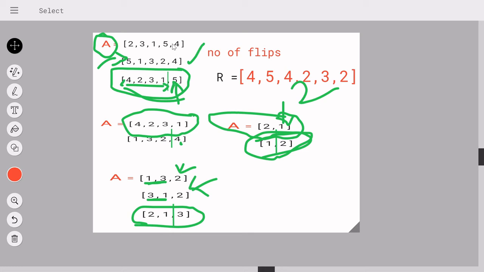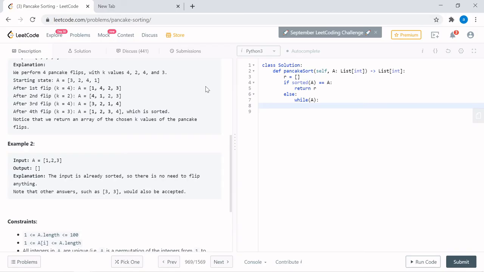Now, what I am supposed to check is if my length of the array, which is 5, and my 5 is already present in the last index. If it is, then I don't have to even touch that array. I just have to pop it. Basically, if I already have 4, 2, 3, 1, 5 as an input array, I don't have to sort 5 because I already have the fifth sorted.